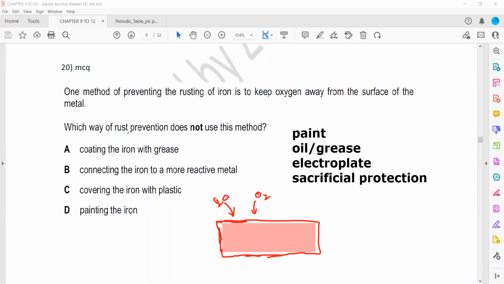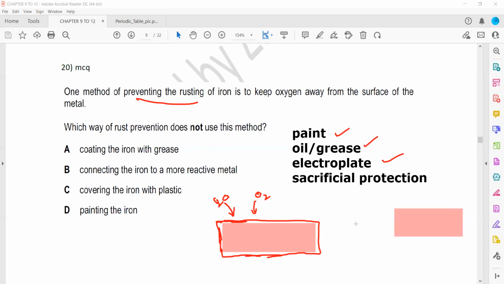So the question is which way of rust prevention does not use this method? Because one method of preventing rust is keeping the iron away from oxygen. So this method is keeping the iron away from oxygen. This is also. But sacrificial protection, when we coat with a more reactive metal or connect the iron with a more reactive metal, iron is exposed to oxygen, but still the iron